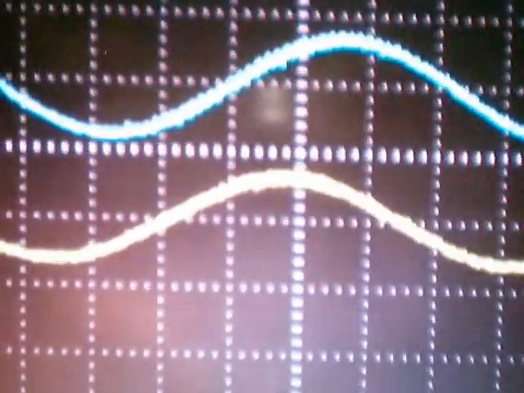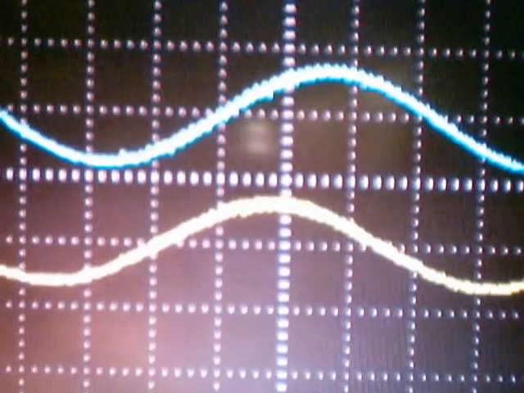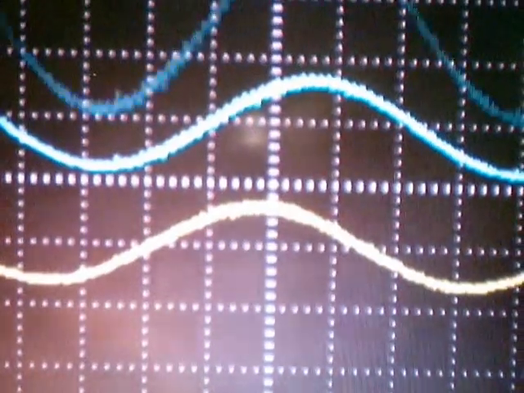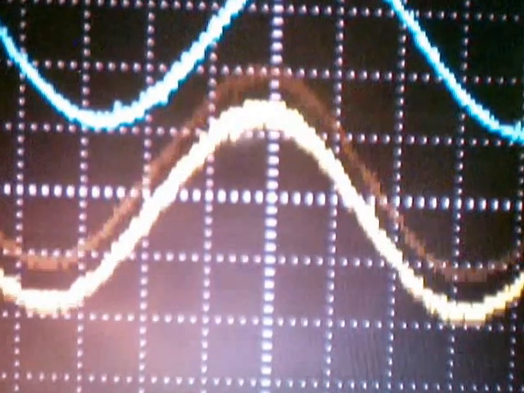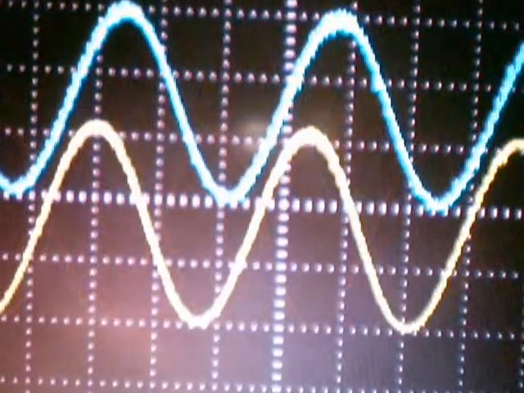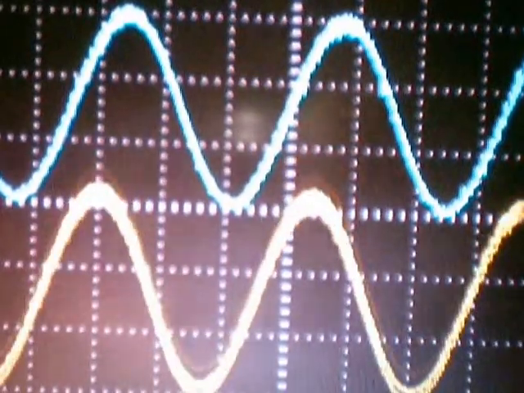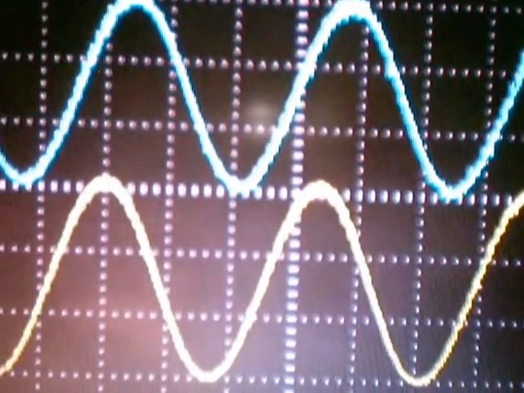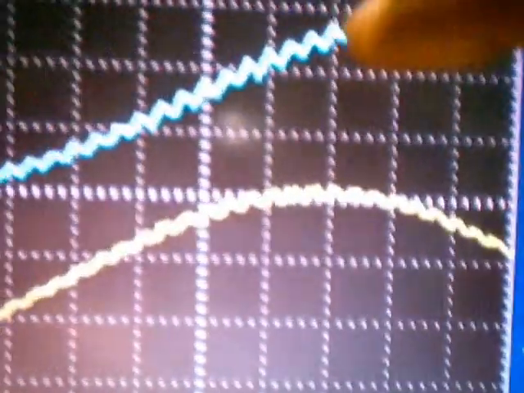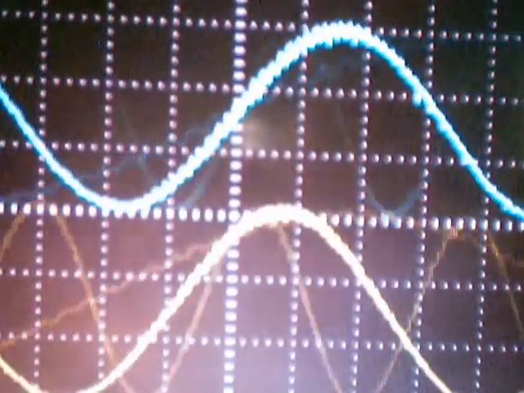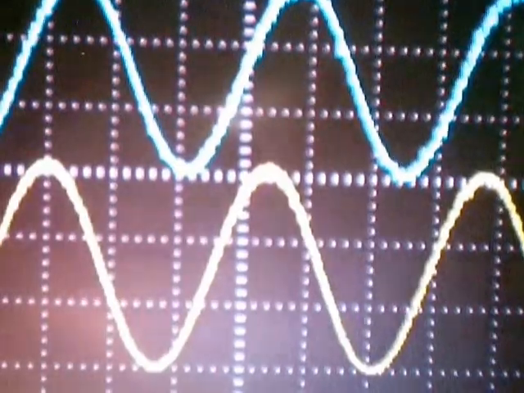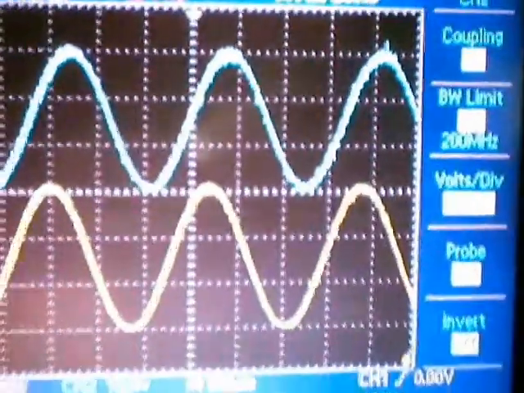Other than a slight phase shift between the output and input waveforms, these are the input and output waveforms which have the same shape. There is a slight phase shift between both of them because of the RC circuit that is there in your filter. So this is the demodulated waveform, this is the modulating waveform. You can see in the demodulated version you are having charging and discharging. So here we can prove that PAM modulation and demodulation yields the same modulating signal as before it was modulated.